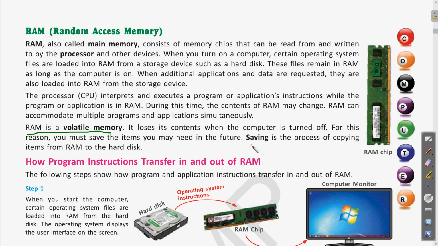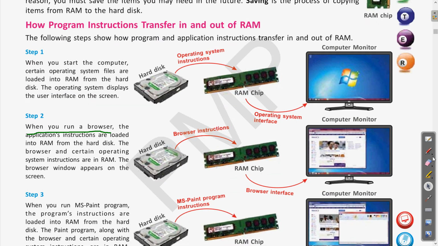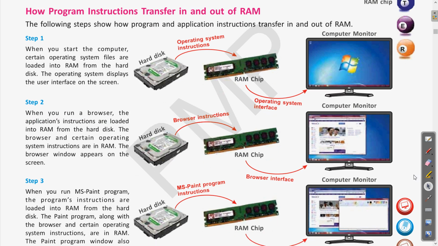Clear? And when you open any file on the computer, for the time you are opening the file, all those files are stored in the RAM only. Here we have also seen that when we open any file from the hard disk, or open the web browser or any application software, these are all present inside the RAM. So when you open any file from the hard disk, this data is transferred from the hard disk to our RAM, and from the RAM it displays on the monitor.